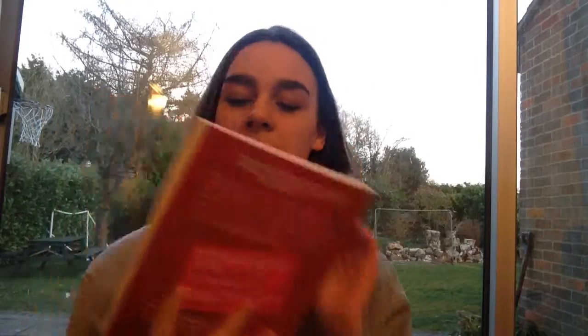It has over 100 recipes, from crispy chicken nuggets and quick pizza to birthday cupcakes and peanut butter cookies. It's a really nice book. The author is called Adriana, I think that's how you say it. I think it's such a lovely book, a great book for younger kids, and there are so many recipes in this for breakfast, lunch, dinner. You have snacks,